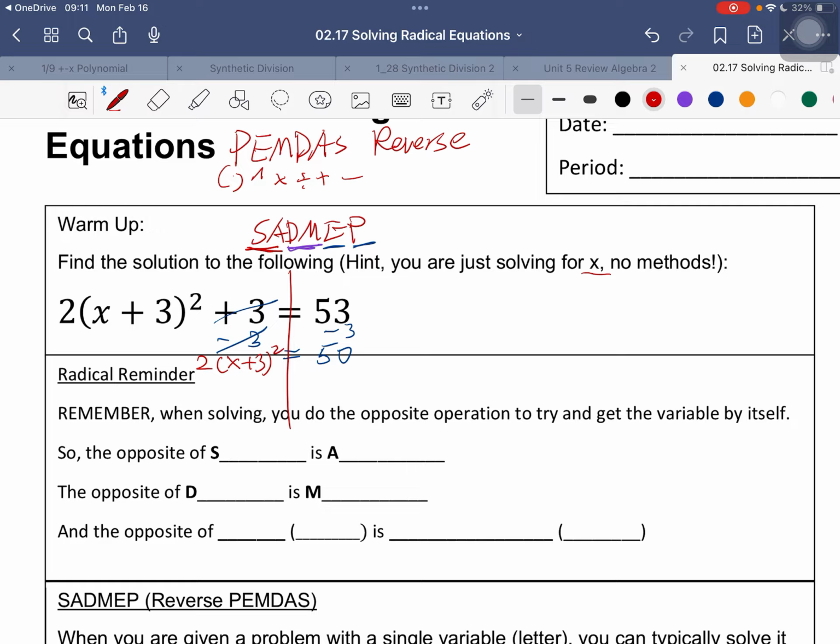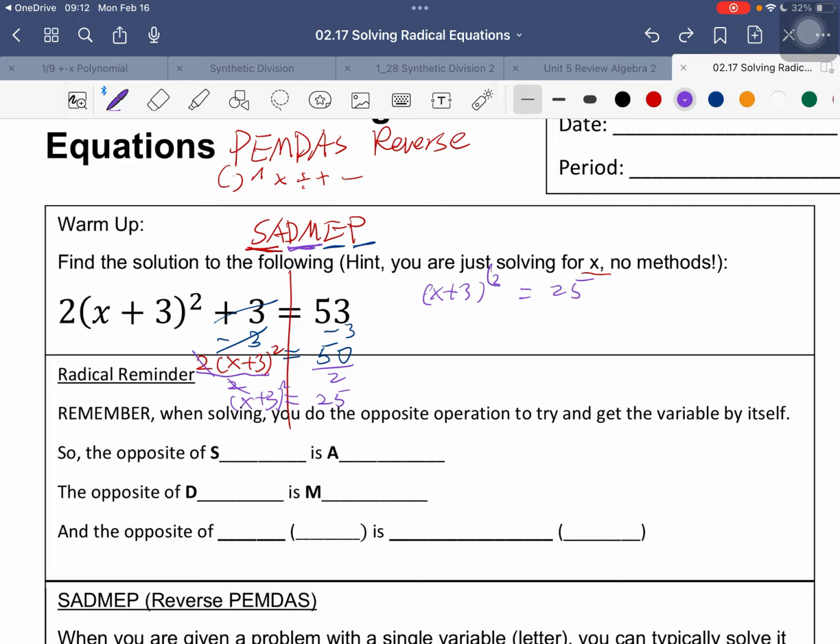And then we can use division and multiplication. Divide the 2 on both sides. So the 2 and 2 cancel out. It leaves me (x plus 3) squared equals 25. Okay, then (x plus 3) squared equals 25. I can use